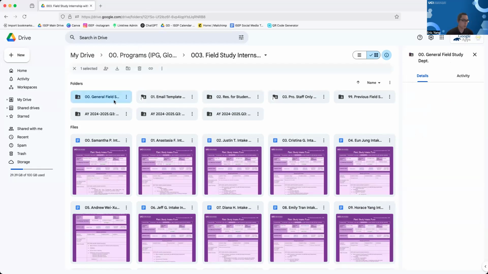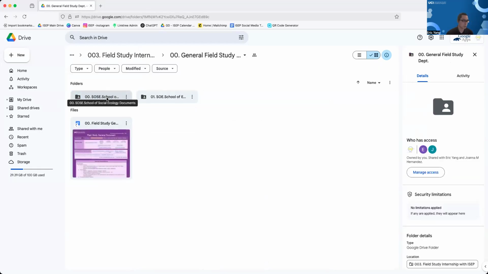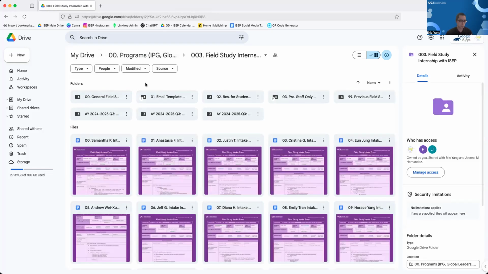We have this with a lot of our campus partners. There's the School of Social Ecology and the School of Education. There are different schools that do different things, and there are email templates they send out, as well as trackers. We can go over details in the second part video, which is not necessary for the general overview, but we're going to be creating it later on. Professional staff will have enough time to go over these in detail.